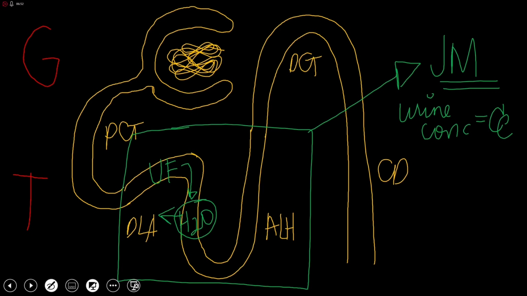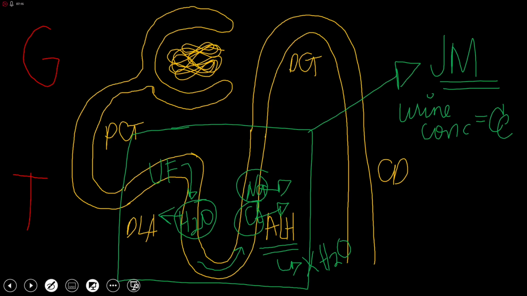And then, when the ultrafiltrate moves in the ascending loop of Henle, it will then be the turn of your salts in the form of sodium and chloride to come out of the tubules. So, in this portion of the tubule, the ascending loop of Henle, no water comes out because, again, let us just remind ourselves it is impermeable to water. That part of the nephron that is impermeable to water is the ascending loop of Henle.